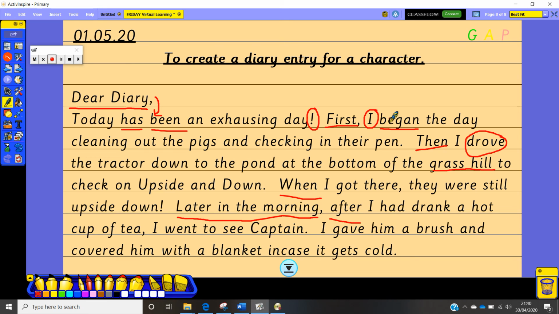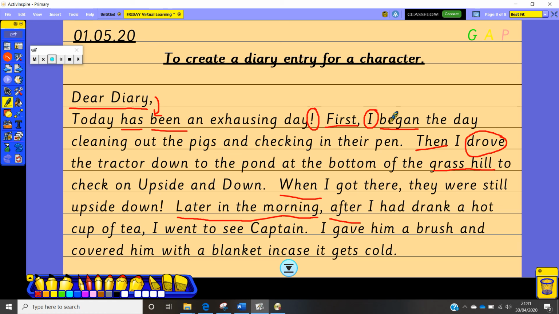Now, what I would really love it if you could do is have another read of that diary entry and then ask a grown-up to close the video so that you're writing the diary entry and it's just your work. So magpie some of my ideas, that's absolutely fine. I really don't mind sharing them. Just don't sit and copy my diary. Try and come up with your own ideas.